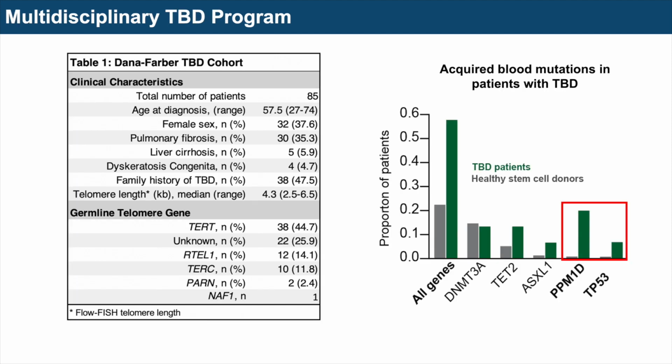And so I wanted to share with you some of the growing data that we have from our program. This is representing, over the last 2.5 years, a growing number of adult patients with telomere biology disorders that we care for. This is largely adult patients that were diagnosed in adulthood. So these are patients that come to our clinic through genetic testing for other means.